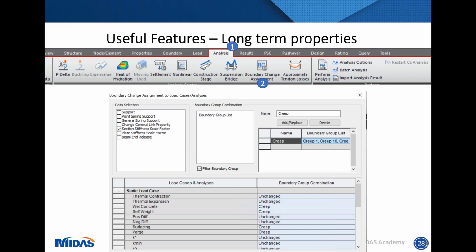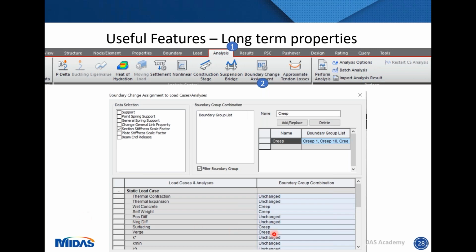So within the software, once you get into the boundary change assignment, which is accessed as shown, you then have the option to create that as a boundary group combination, and through that you can apply it to your different load cases.